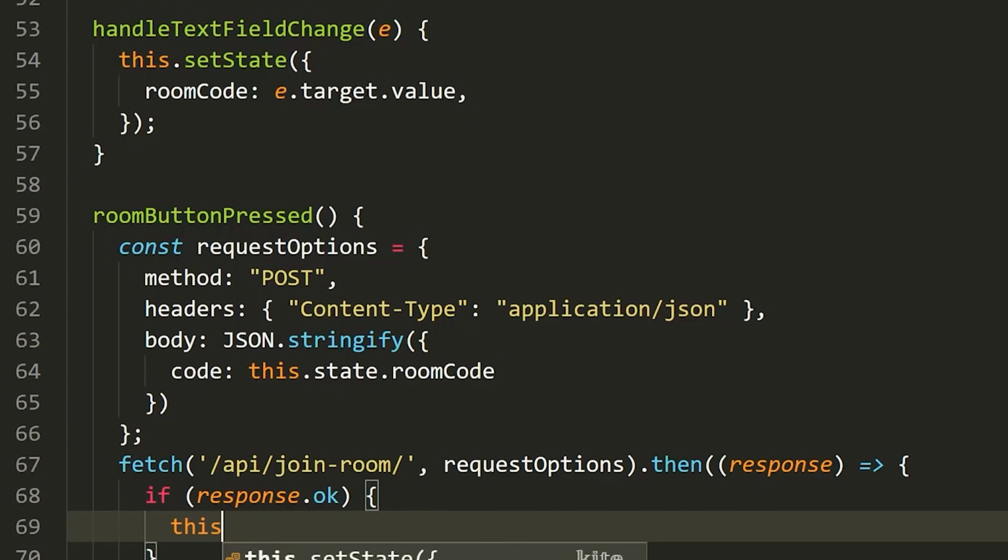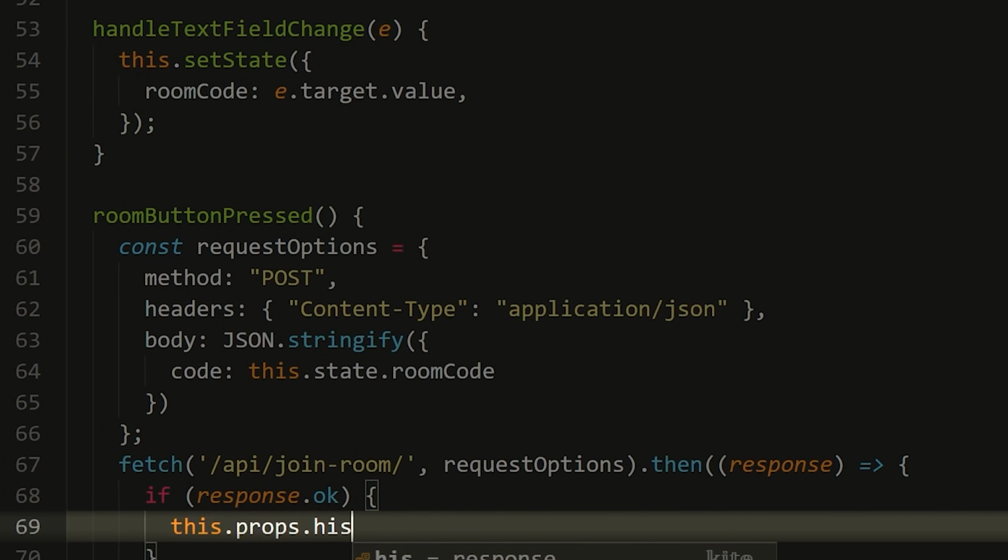So we don't need to get it from the server. We can simply get it from the front end because we know that that code is indeed valid. So we're going to say this.props.history.push. And again, this is just what we can use in code to actually redirect. I'm going to define two backticks here. This is just so I can do string formatting.